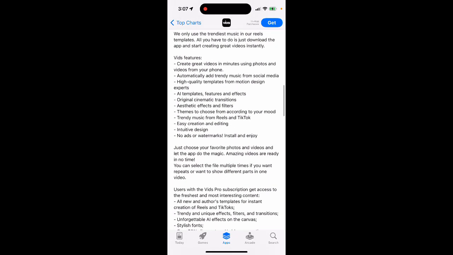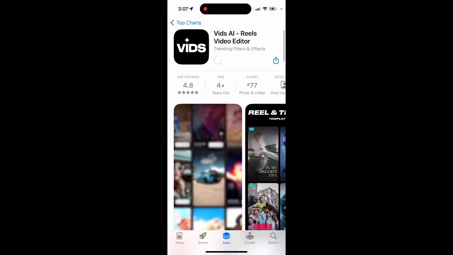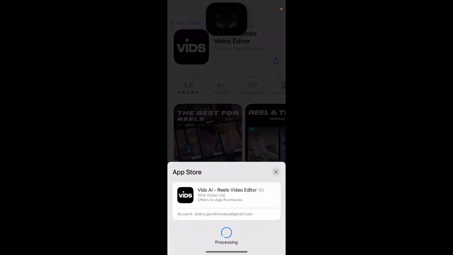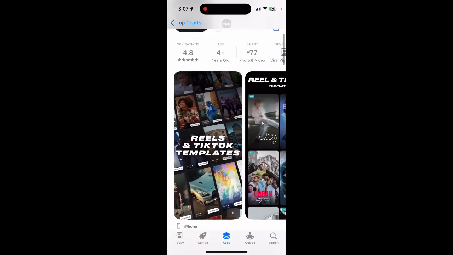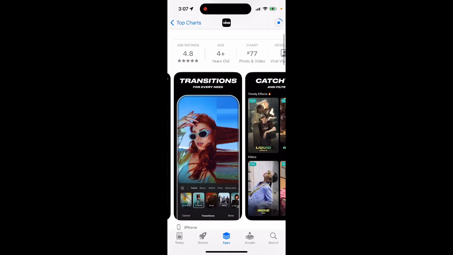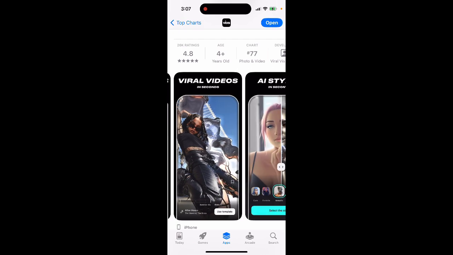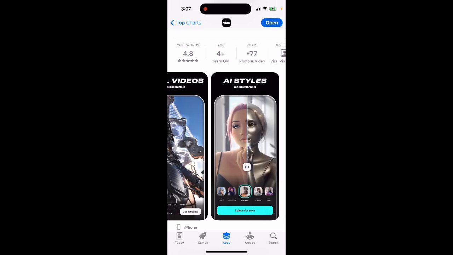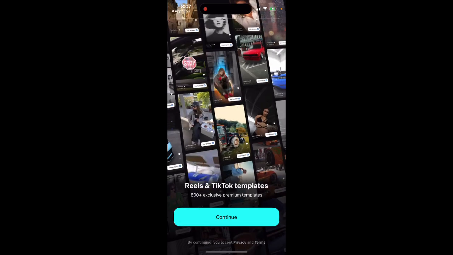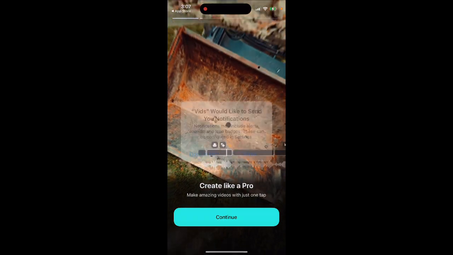So yeah, kind of a cool app for generating a lot of TikTok and Instagram Reels content. Reels and TikTok, a lot of templates, transitions, fonts, music, editing tools, AI styles. Kind of a nice app. And then yeah, you can just,